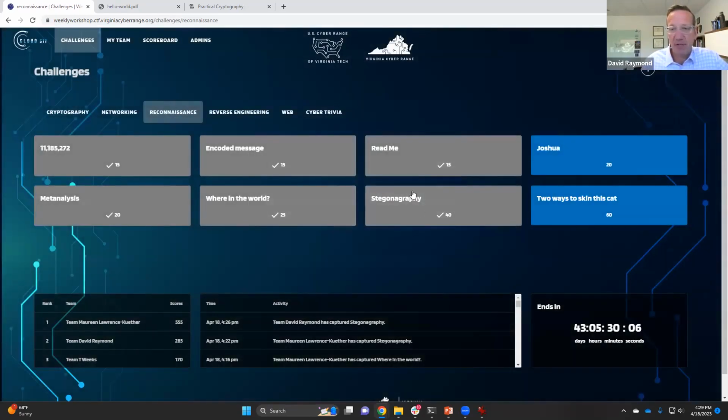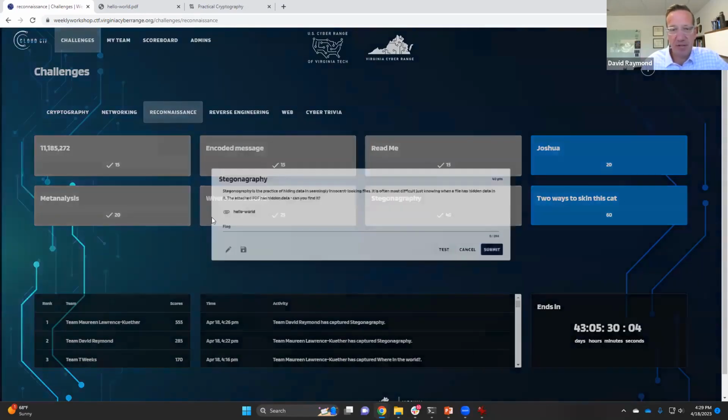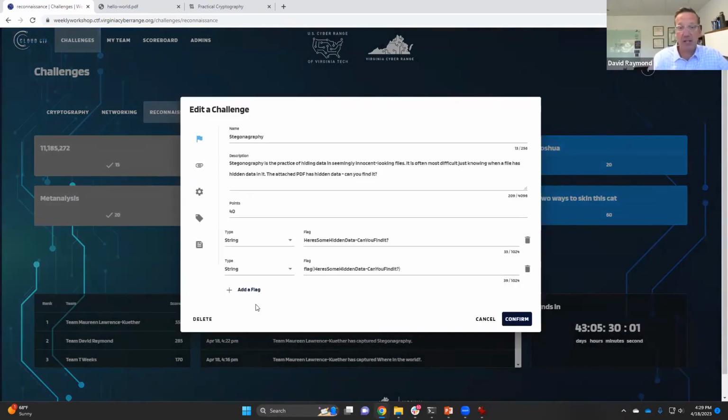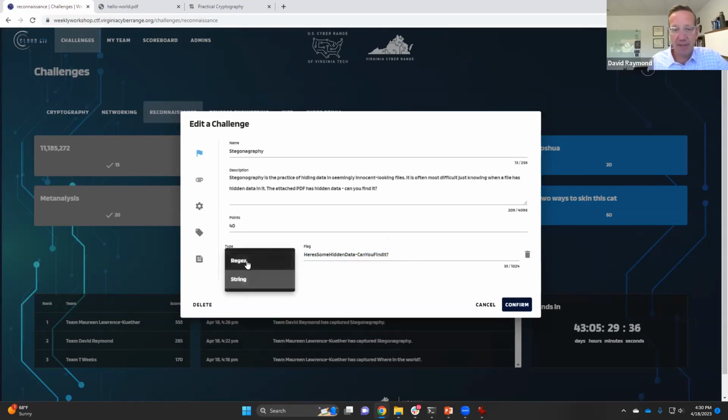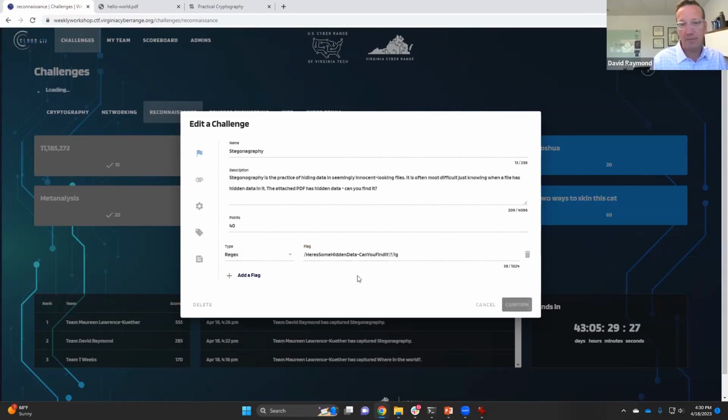I'm not going to make that change right now, but if I go to this challenge and do the same thing, I'm going to open up the challenge and go to the edit button. You'll see that this challenge, oh, look at that. This one, I don't like this one either. This one has two strings. It has one for this and one for this. Okay, so this is an old challenge. We've gotten better in our challenge creation. What this should really be is a regular expression. So we should just be able to get rid of both of these, call this a regular expression, and I've got to escape the question mark. I'm going to confirm,